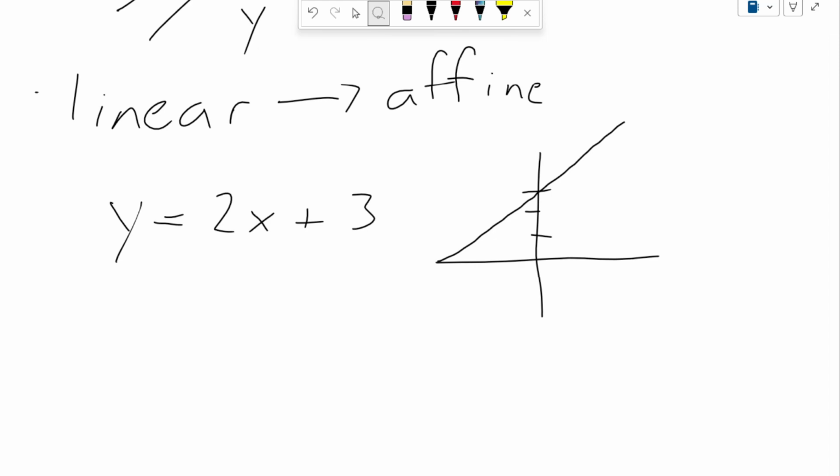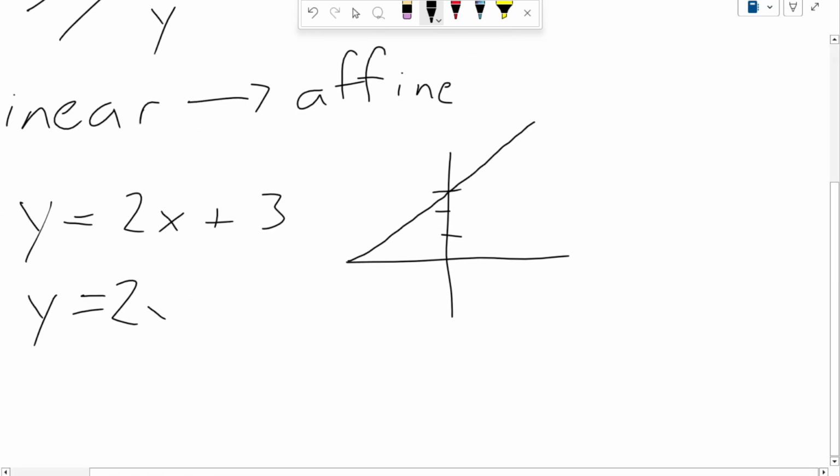So let's think about this for a bit. If I were to write this equation as y equals 2x with no plus 3,